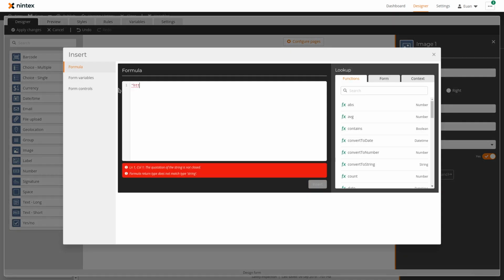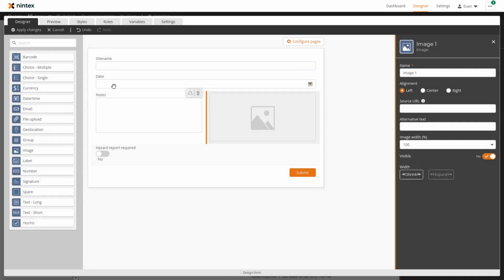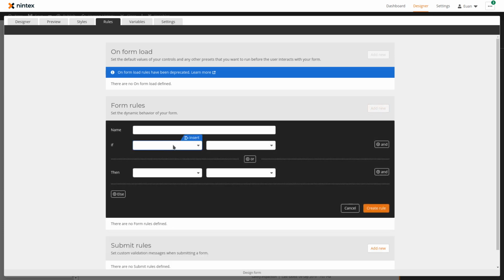So you could do something like http www.nintex.com and then do plus and then put, I don't know, site name or something like that. You can then build up a dynamic image URL based on some logic you might have, a query string parameter, or any input on the form itself. So that's quite useful. The other thing that we mentioned was the rule builder now has the ability to define